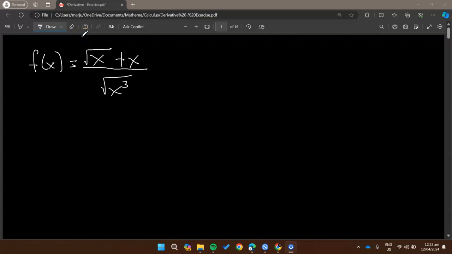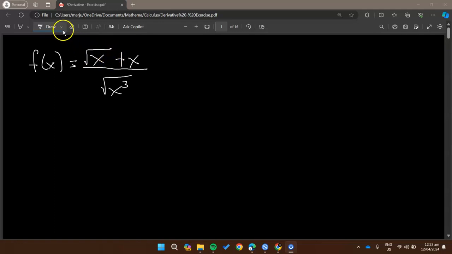Hello, a follower sent us this problem. He was asking for our help to get the derivative of this function. We have here f of x is equal to the root of x plus x, all over the root of x cubed. Now, to approach this problem,